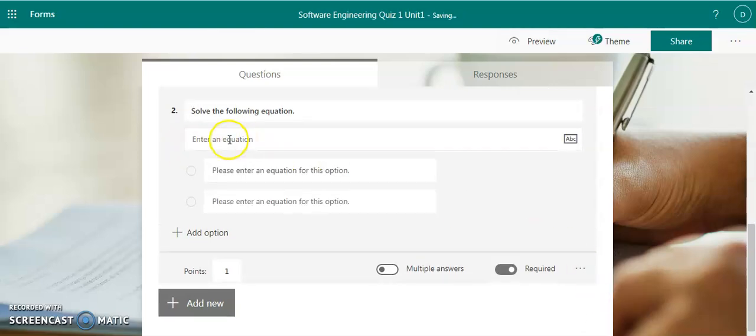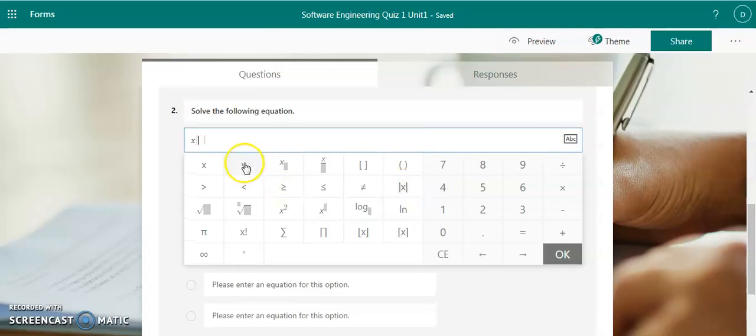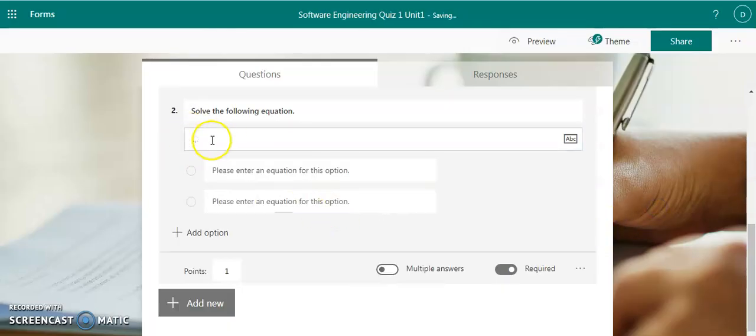Okay. Now you can see another line here. You can enter any equation here. So the question is, solve the following equation, x into y is equal to what? So that is the question. So it automatically shows like this.